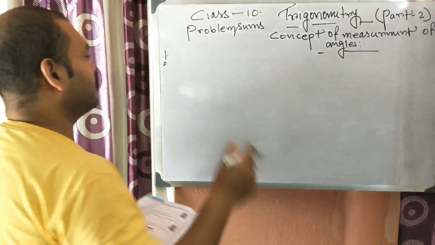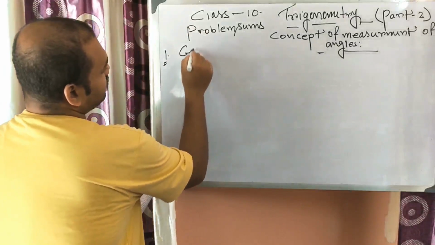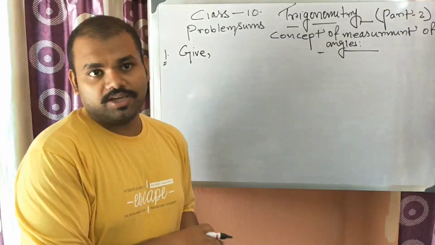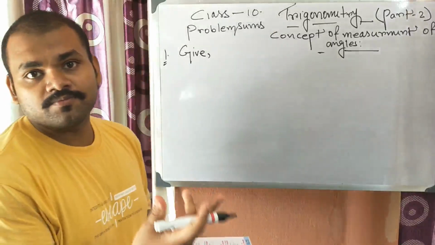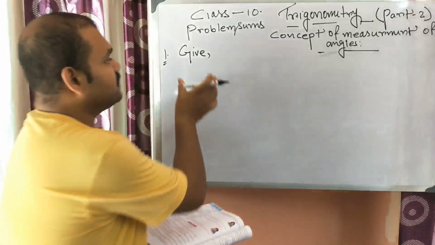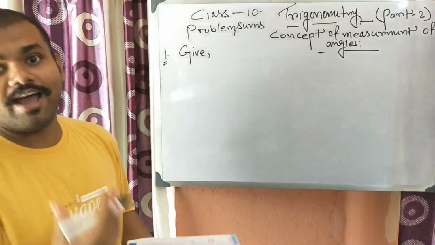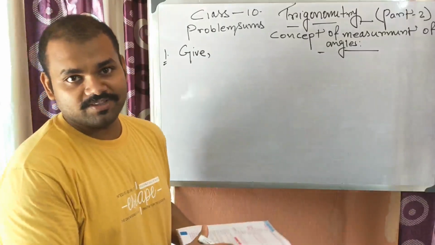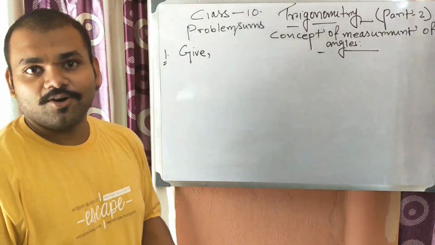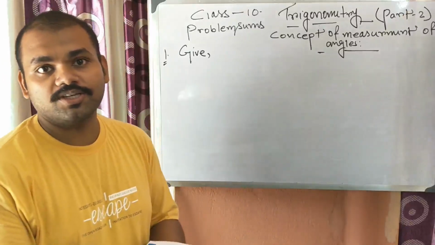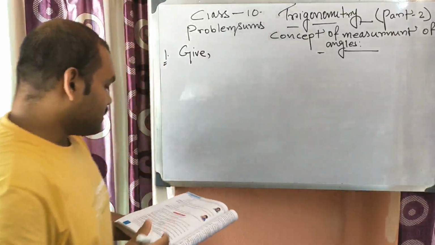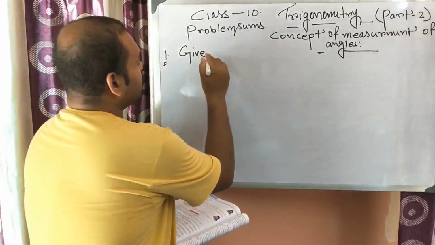So first, what are the things given? Always write the things that are given. It will help you to do the sum very easily. Because these are the things provided, now you need to make something. When you know what you have, then you can easily solve it, or you know what the procedure is, in which process you need to go. So first write the given thing.